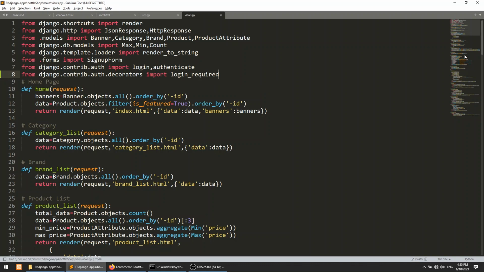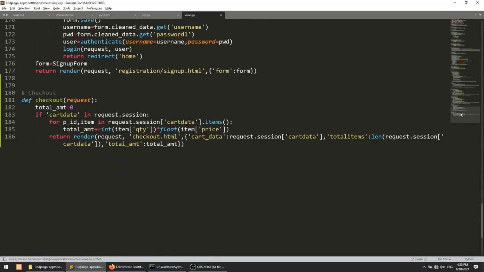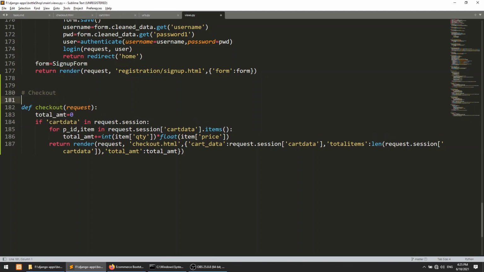So if the user tries to open the checkout page, it will redirect to login if the user is not logged in. And how we will use this: we will simply define login_required here. So without authentication you can't open this checkout page.